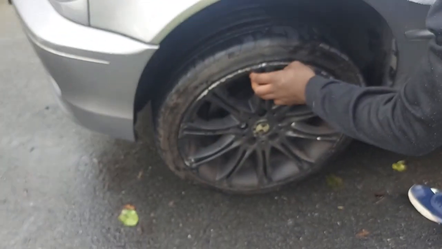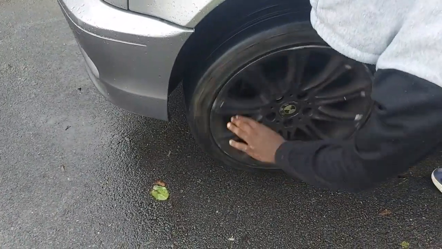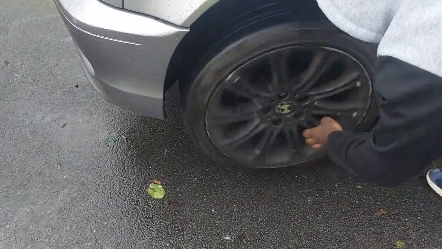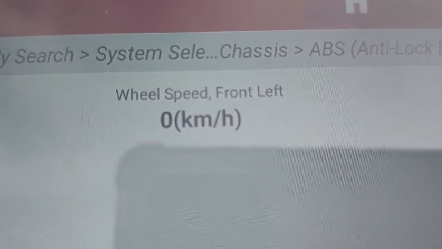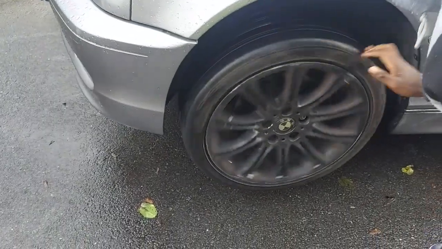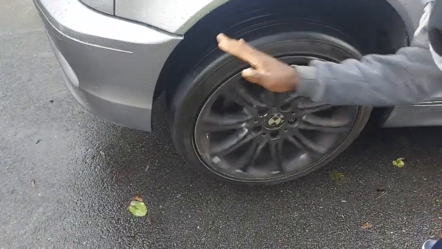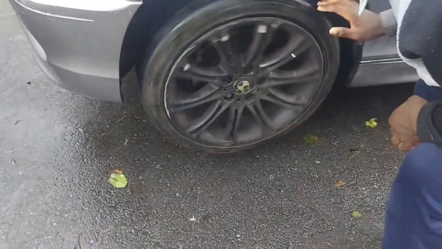So now we want to spin it the other way. Now you can see that we're spinning the passenger wheel. Look at that. That's the wheel speed. Front left, you have 0, completely 0, yet the wheel is turning. So you can see therefore that something is not right. So this is how you diagnose